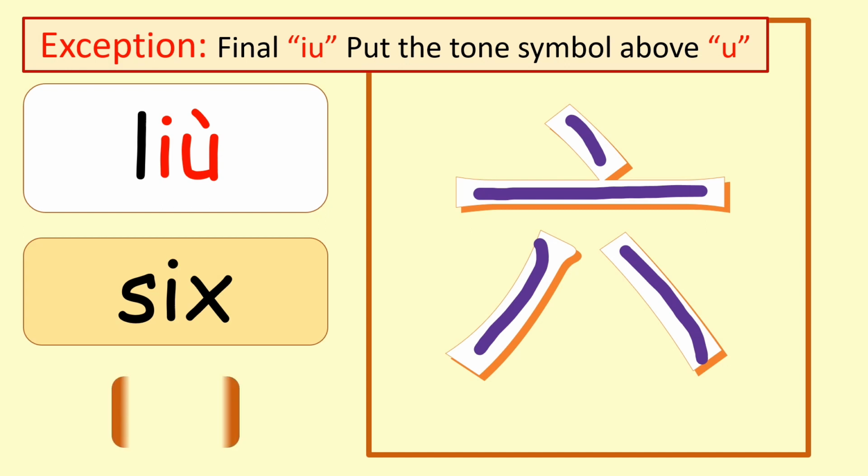It's not like the word sui, right? u and i, you put on i. But iu, you should put the tone on top of u always. So remember this exception. We'll see this rule again in other numbers. Let's see what it is. The next number from liu or 6 is